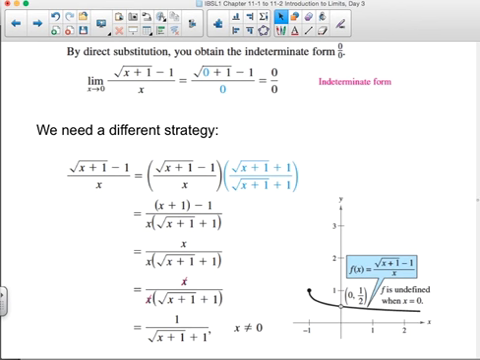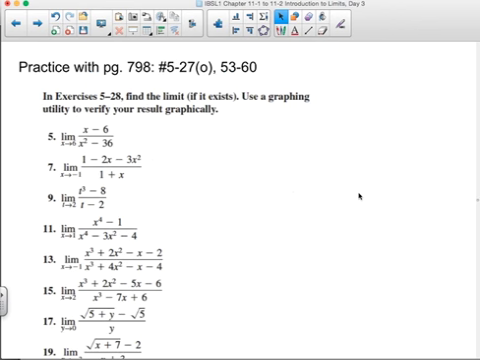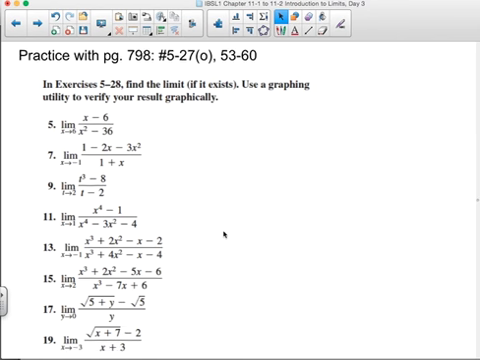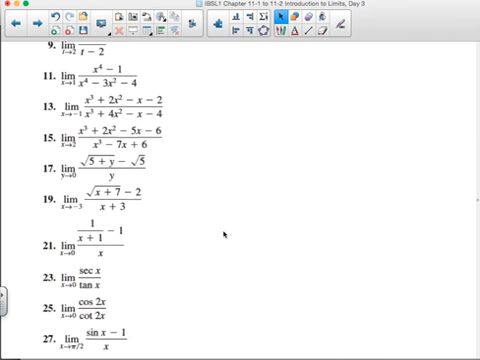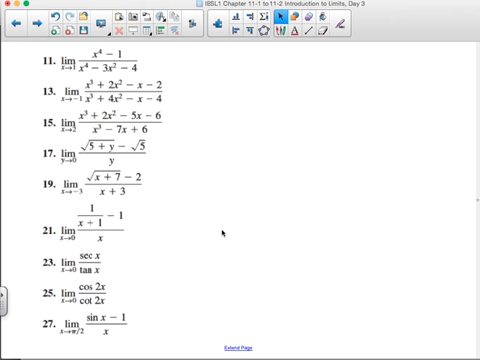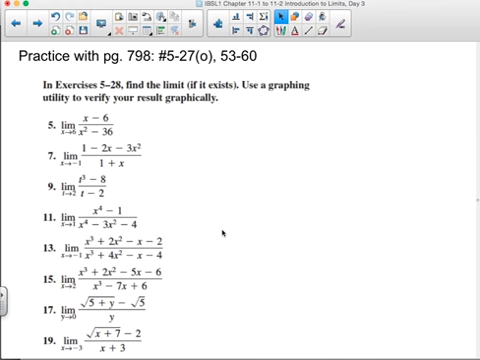Now it's just a matter of practice. So, with your partners, go ahead and work on these 5 through 27, the odds. It is on the PDF online. If you can't find it, you can see them right here. So you could just pause the video. Also, 53 to 60